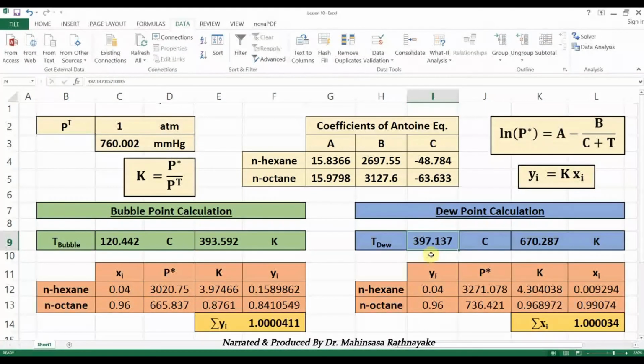Calculation of bubble point and dew point of a mixture is very important for distillation and flash separation processes. These separation techniques require a mixture to be held in between the bubble point and the dew point to maintain the vapor-liquid equilibrium of the system. So this calculation method is helpful for unit operation and mass transfer problems in our design calculations.